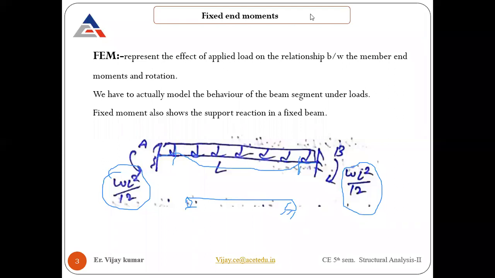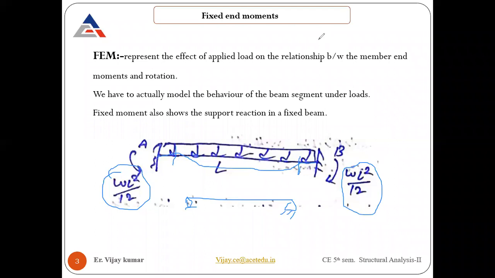Let me take it upside if it is possible. Yes, on the relationship between the member end moments and the rotation. We are going to set up a relation between the fixed end moment and the member end rotation and member end moments. In this problem, if a beam is going to deflect, the end moment will bring the beam to the top side, meaning the rotation can be reduced. Let's see in the further slide what we have.